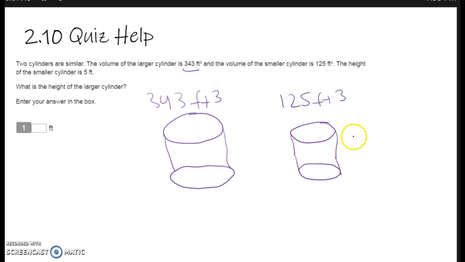And then it says the height of the smaller one is 5. We don't know the height of the larger one. In order to find the height of that larger one, we need to know the scale factor. But here's the problem. All we know is the ratio of the volumes. We know 343 to 125,